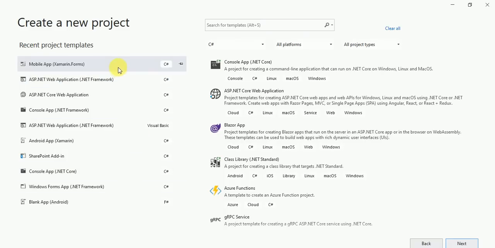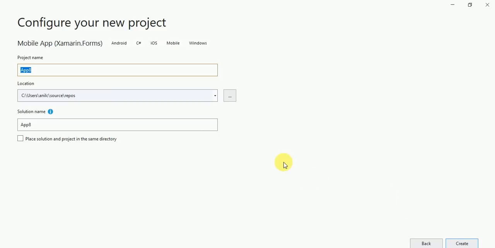So here I will choose the Mobile App template, just click on the Next button, and here I will provide the name Tinder app and click on the Create button.